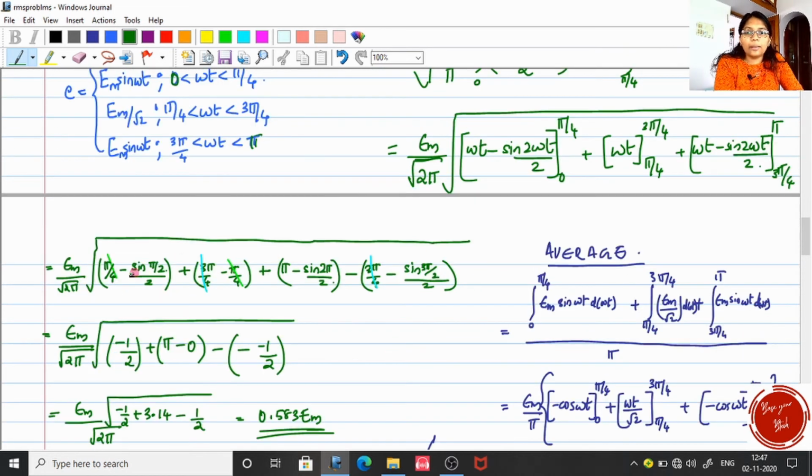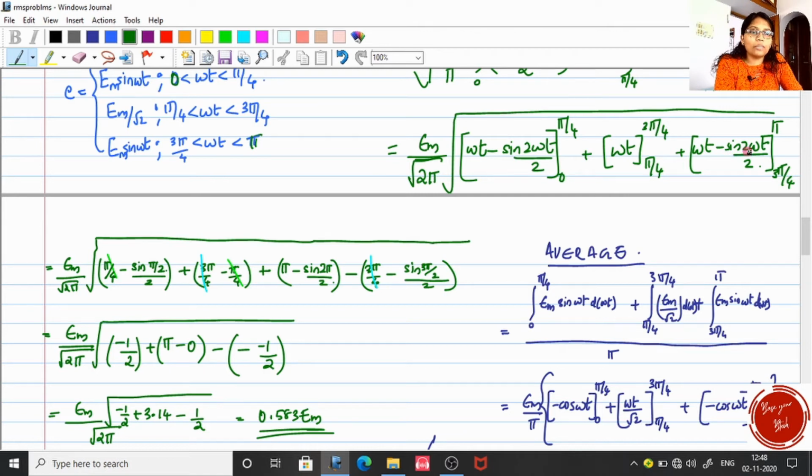Applying the limits, pi by 4 minus sin 2 pi by 4, which means sin pi by 2, divided by 2. So the upper limit is ready, and the lower limit is 0 minus sin 0, which is 0, so I didn't write the lower limit. Next is substitution for the middle term, that is 3 pi by 4 minus pi by 4. Here pi minus sin 2 pi, sin any multiple of pi is 0. So the upper limit is pi minus sin 2 pi by 2, minus the lower limit, which is 3 pi by 4 minus